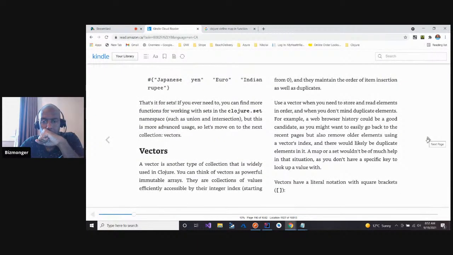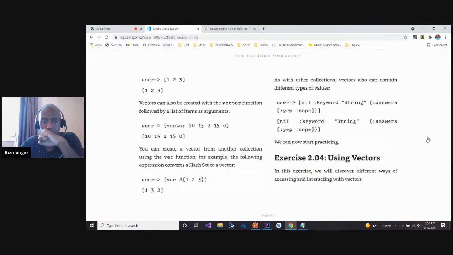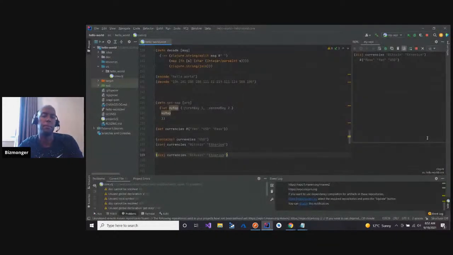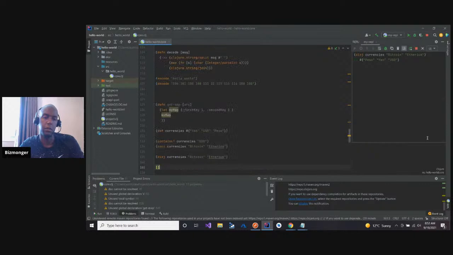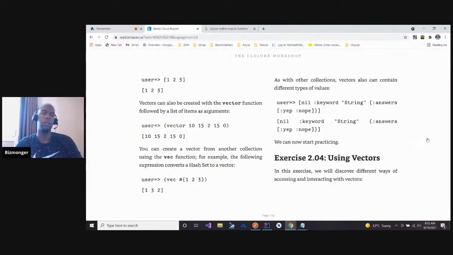Vectors have a literal notation with square brackets. So 1, 2, 3. Vectors can also be created with the vector function followed by a list of items as arguments.